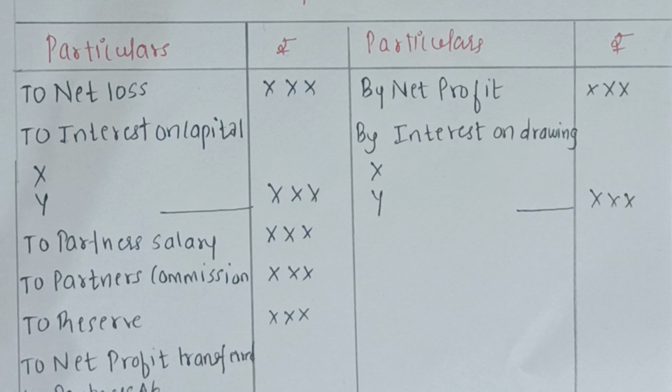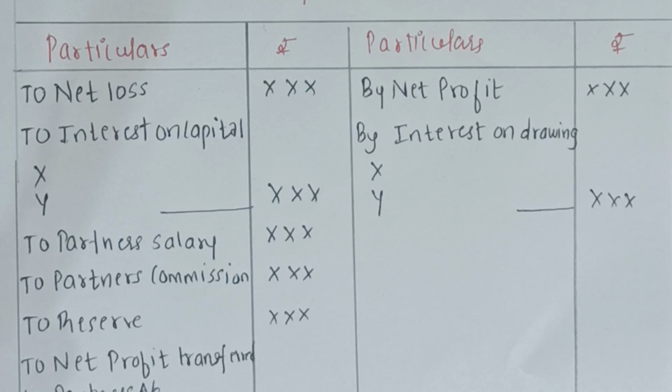So what is interest on drawings? Students, we have to remember that interest on drawings is the income for the company, because the company will charge interest from the partner on any amount of capital withdrawn during the year. For example, if a partner withdraws rupees 10,000 and the interest on drawings is 10%, then 10% of 10,000 is 1,000 rupees. This is the interest on drawings which the partner has to pay. This is an income to the company, so interest on drawings is on the credit side.